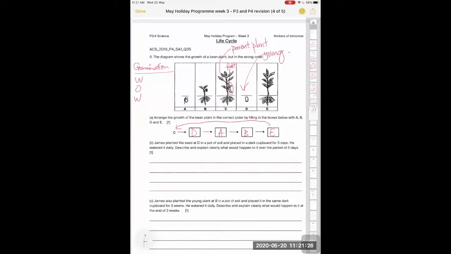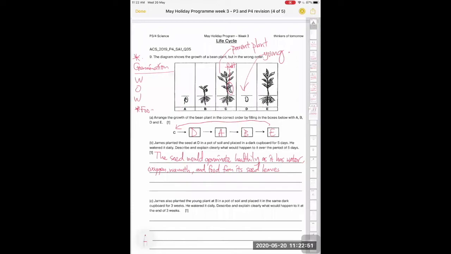Okay, so for B, James planted the seed D in a pot and then observed it after 5 days. So for germination to occur, these are your 3 factors that you will need, which is your WOW. So you need to explain the seed. So of course the next one is food. Okay, so the thing about food,